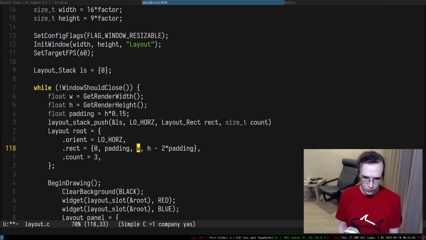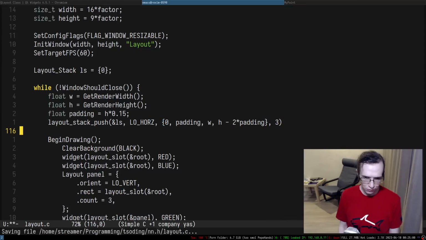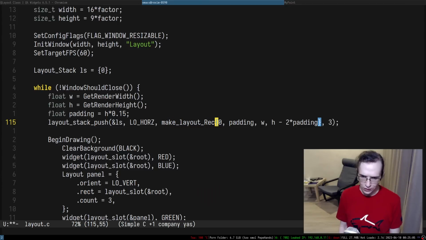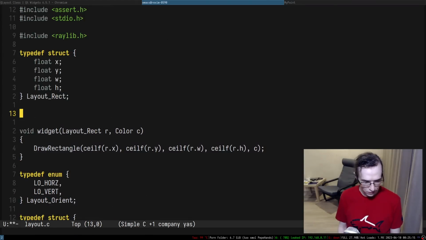And the rectangle that we need to put in here is this rectangle. Maybe we need to create a constructor for the rectangle. But the rectangle's fields do not change very often. Make layout rect. We can try to do something like that. I mean, why not? Let's just quickly create that.